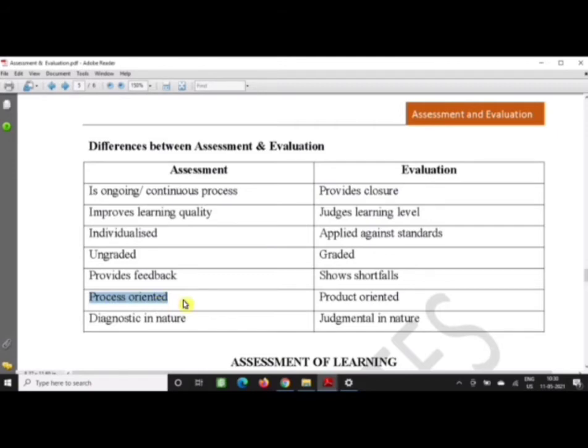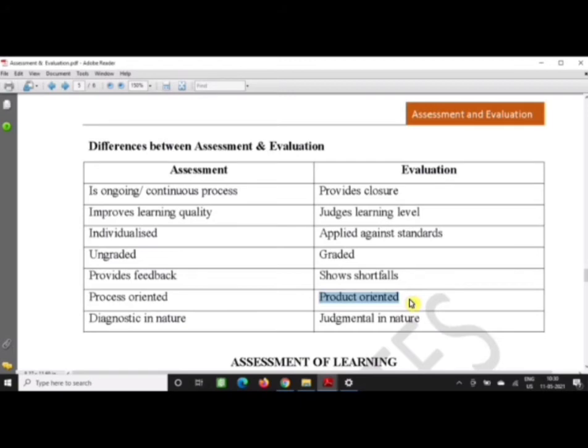Assessment is process oriented because this is an ongoing process, and it gives feedback, so it will work on those shortcomings of the students, and again help the child to grow. But evaluation is product oriented. This happens at the end of the session. So what kind of product has come out after the session has completed?